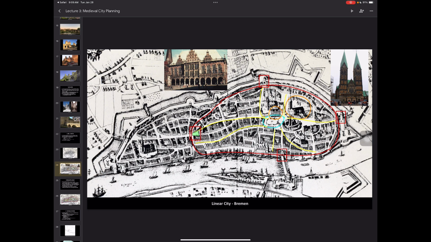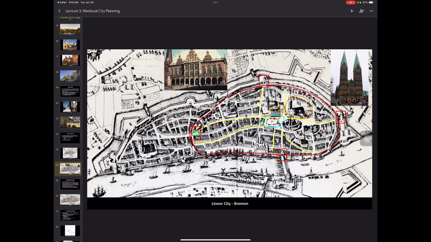And the reason for that is when you're someone that's selling produce, assuming you have your fields out here, you're going to be hauling over, let's say, watermelons. Watermelons are very heavy. You don't necessarily want to go all the way to the center of town to sell them. You just want to pay your tax, get in as little as possible because it's a heavy load, and then you want to sell them and leave. You don't want to go all the way into here.